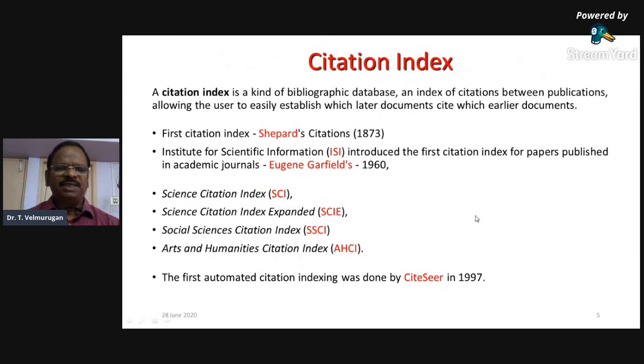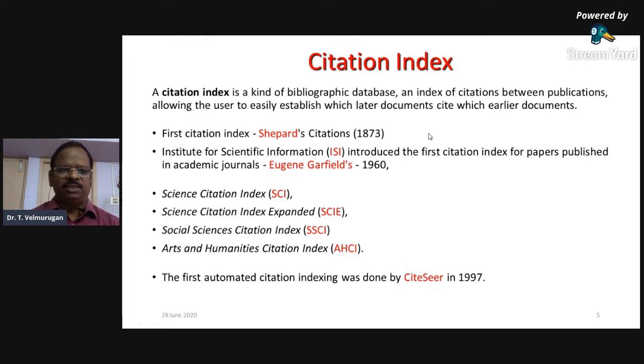Now, what is the citation index? The very famous citation index is SCI. The citation indexes were actually invented in 1873. A citation index is a kind of bibliography database which has an index of citations between publications, which allows the author to index their papers into the articles.